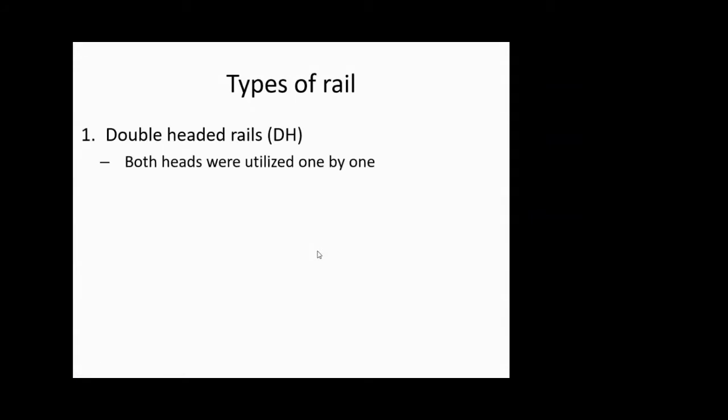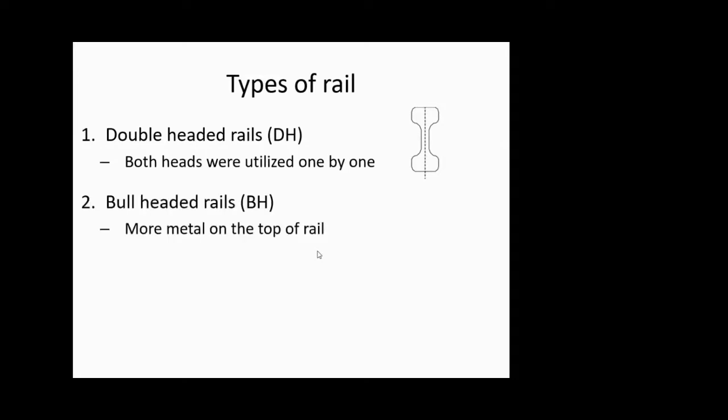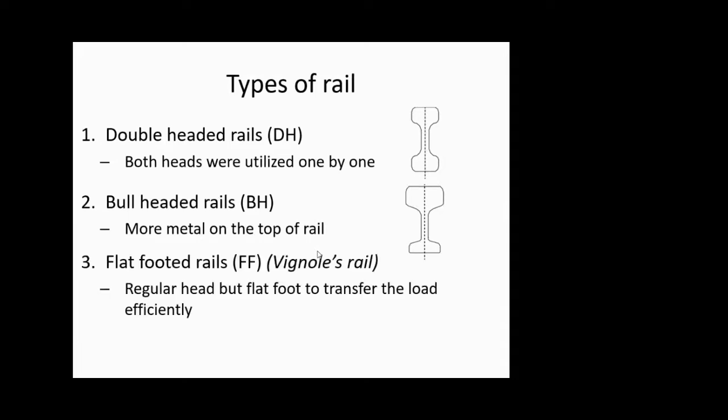Mainly there are three types: double-headed, which has a symmetry around its x and y axis; the bull-headed rail, in which the top part or the head of the rail is having more metal or more cross section than the lower part, which rests on the sleeper; and the third or the latest type of rails that are used, flat-footed